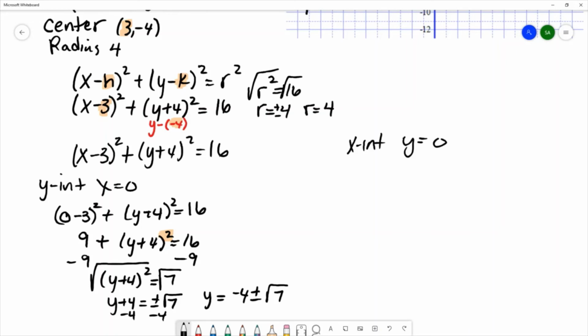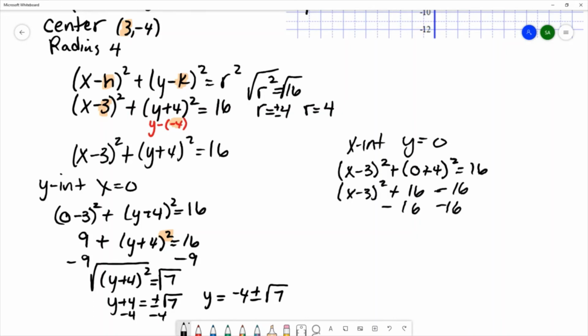So in my equation, I've got x minus 3 squared. Substitute a 0 in for y. That gives me x minus 3 squared plus 0 squared equals 16, so x minus 3 squared equals 16 minus 16. I'll subtract 16 on both sides, and that gives me x minus 3 squared equals 0. And then I'll square root both sides. X minus 3 equals plus or minus 0. And I'll add 3, and that's x